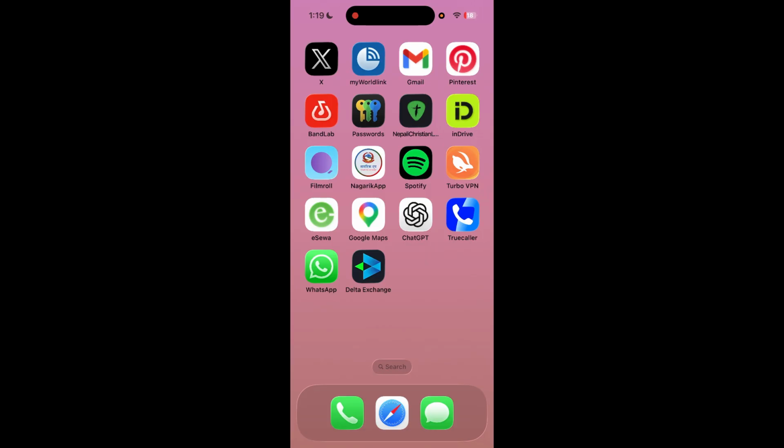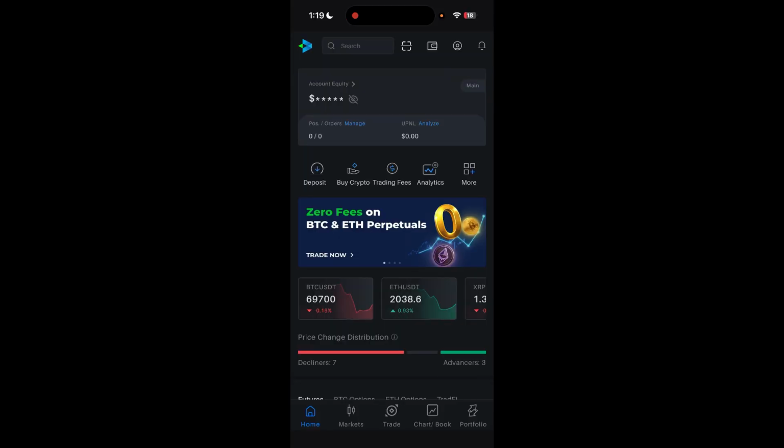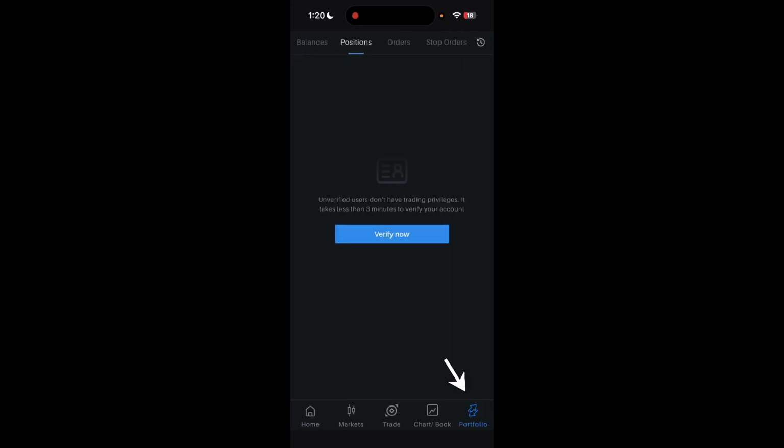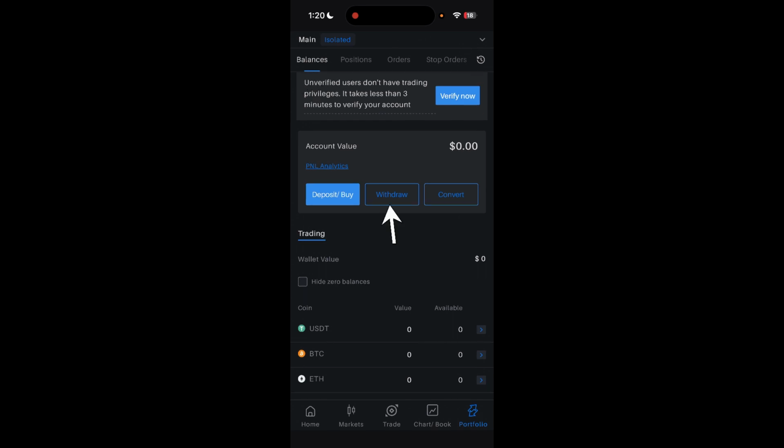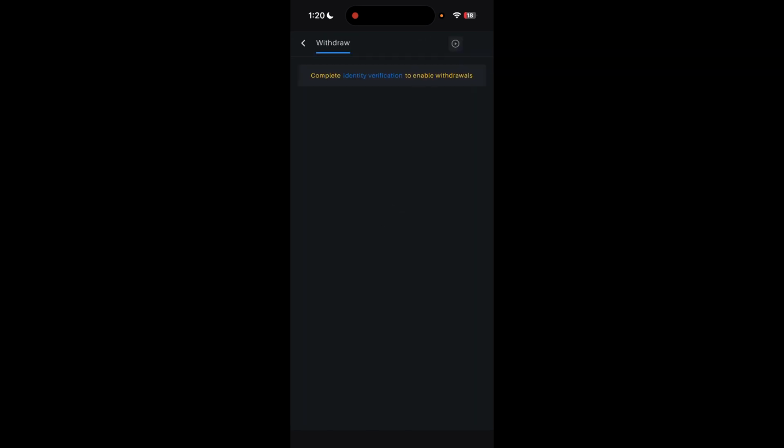So first, open your Delta Exchange app, and over here make sure you log in using your registered email and password, and you can also use your Face ID. And you need to go to your portfolio on the bottom right. Under this portfolio, select balances. Under this balance we can find and select withdraw, and in order to withdraw you need a complete KYC